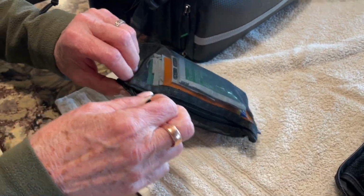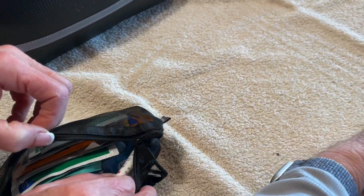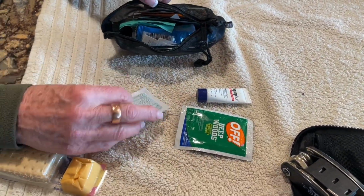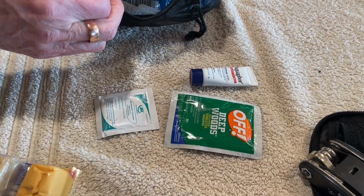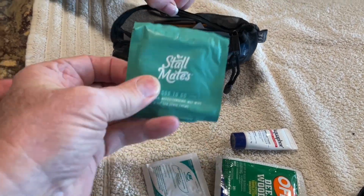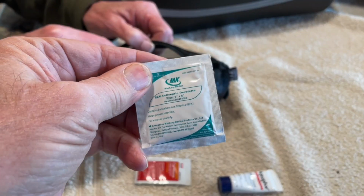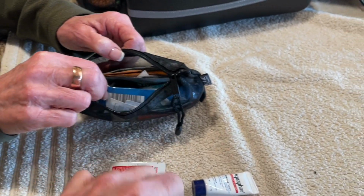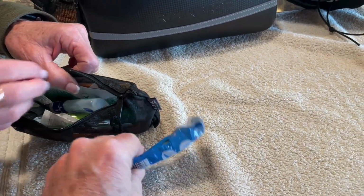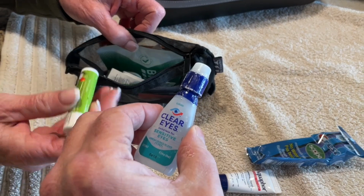And this one's going to be pretty complicated because this has all the medicines in it, and all of these are little mini packs. We have Off because we never know what we're going to run into. Oh, these are interesting. These are stall wipes. Don't ask the question as to why they exist. And this is antiseptic towels, a little cortisone, toothbrush because sometimes we spend the night, and clear eyes, not a bad thing to have,